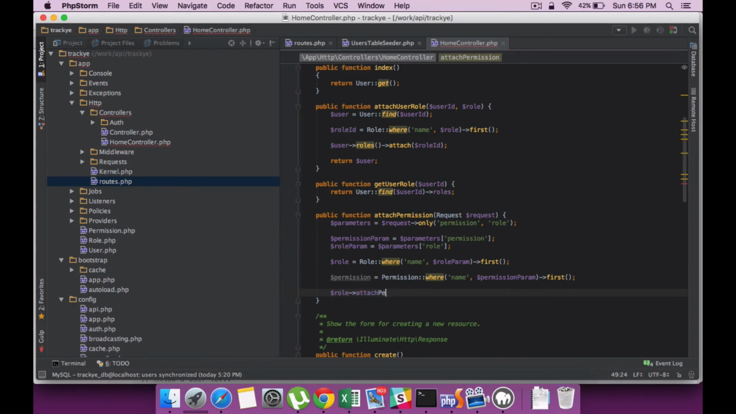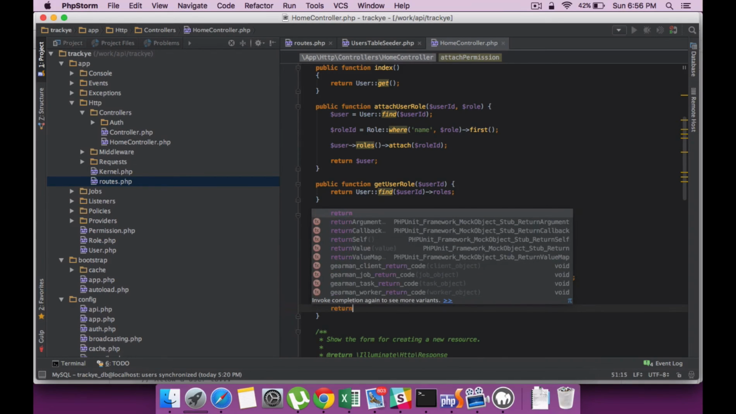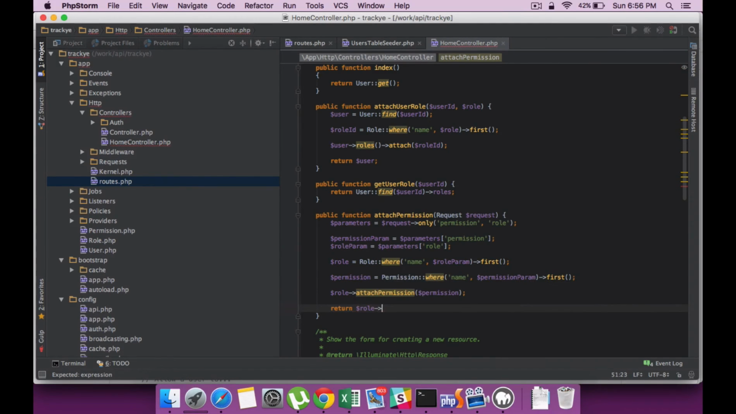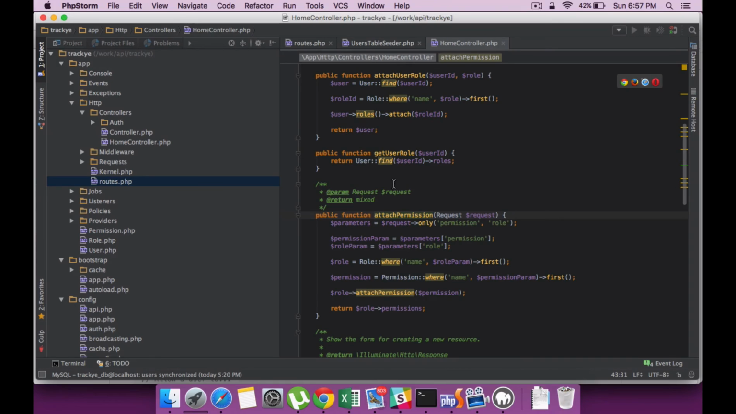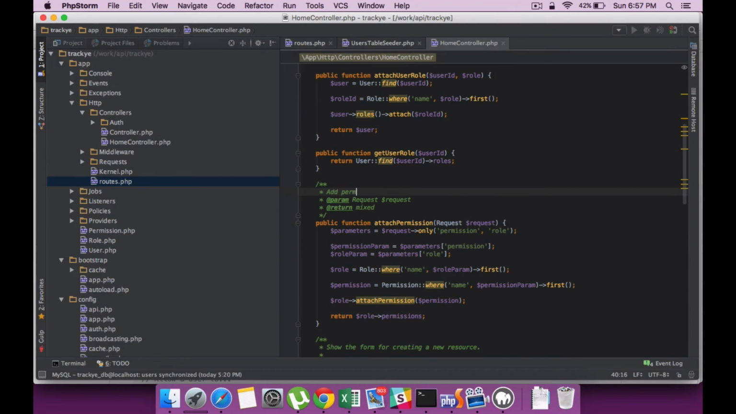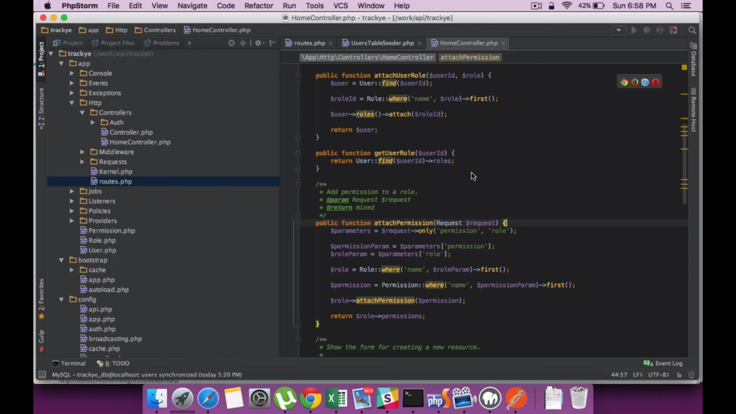The next step is to associate or attach the permission to the role. So with Entrust, we have a method called attach permission, which you can directly access through the role and then attach that particular permission. So on success, let's return the permissions through the role. So it will only return the permissions associated with that role. Do some little documentation, then